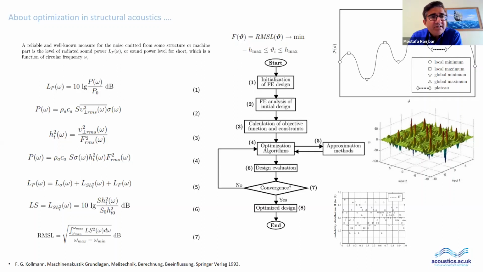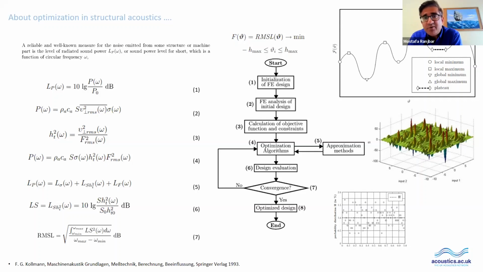And then we can write the sound power in terms of the air impedance, the radiating surface, and the normal velocity of the surface of the structure in terms of the circular frequencies and the radiation efficiency. Then we can explain the transmission impedance as a function of the square of the surface velocity of the structure over the square of the excitation force. So if we substitute equation 3 in 2, we can have equation number 4. And then here we can write it in level notation.